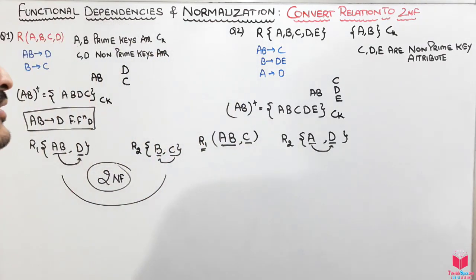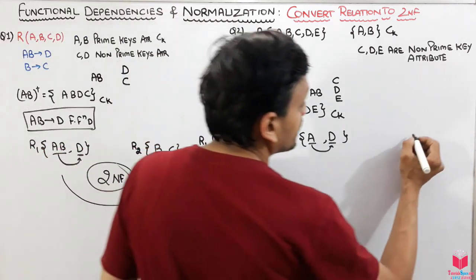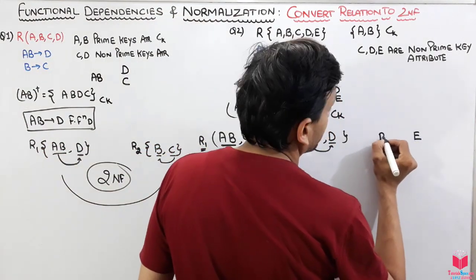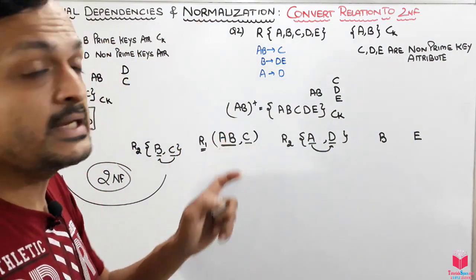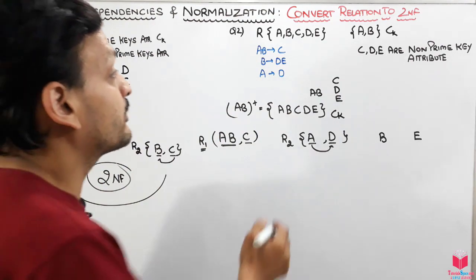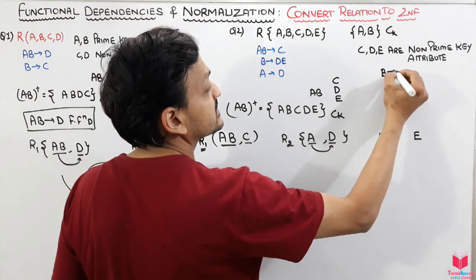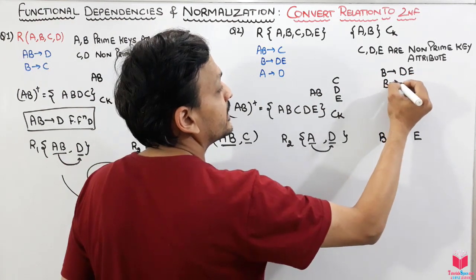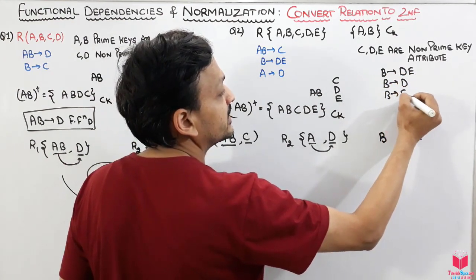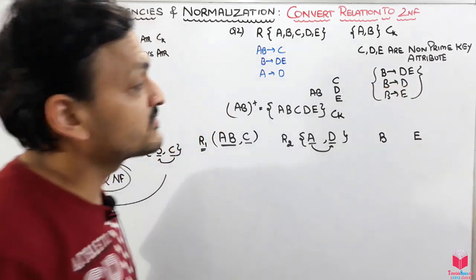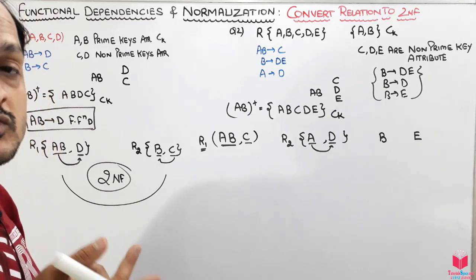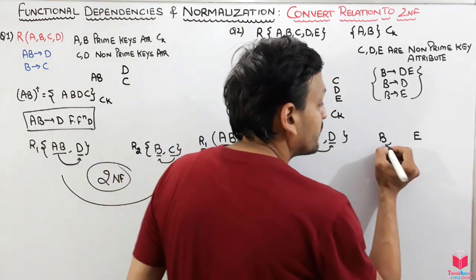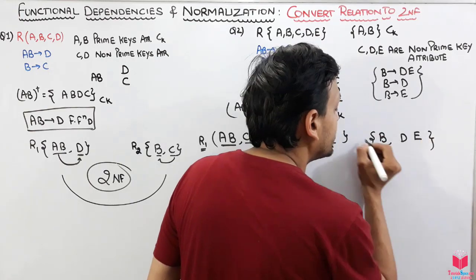Okay guys, very good. But after that we also have to use E. So for E we will use B. But we have to use D also here because D and E are fully functionally dependent upon B. That means see this: B gives D and B gives E. That is a decomposition. So from this we can find the D values completely with the value of B and E values with the value of B. So in a table we can use B, DE.